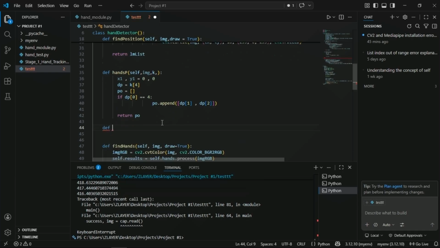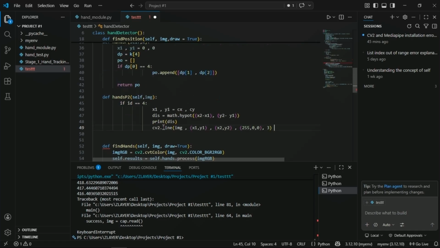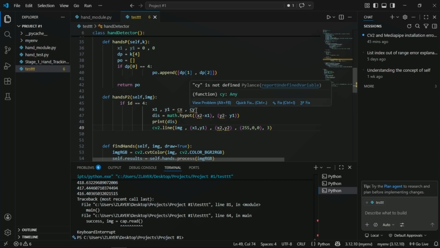Define hands p2, self and image such that, and self and k, of this x1 comma y1 is equals to